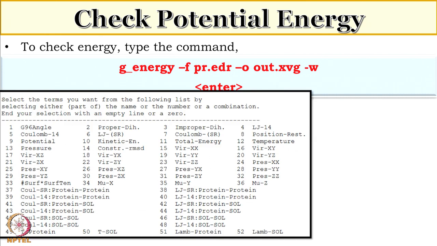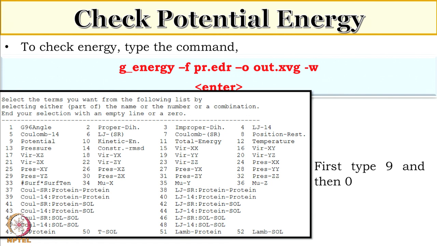After you do this, you will be shown a number of parameters. There is dihedral, improper dihedral, Lennard-Jones, short range, long range, total energy, temperature, pressure. All these energy values you can calculate as a function of time. What we need here is potential energy. We see that potential energy is number 9. So we'll first type 9 and then we'll type 0. It will give me the value of potential energy. But where is that 9 displayed? It's in the third line. So 9th is the potential energy, 10th is the kinetic energy, 11th is the total energy.